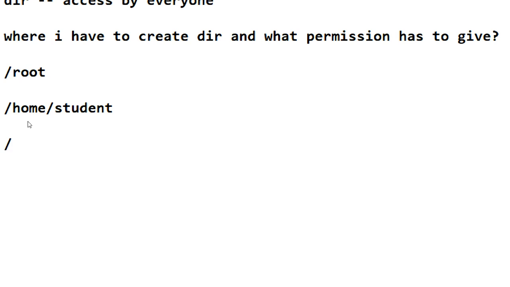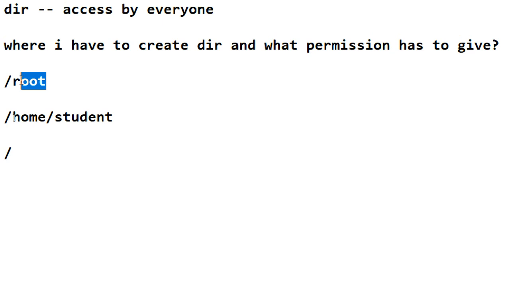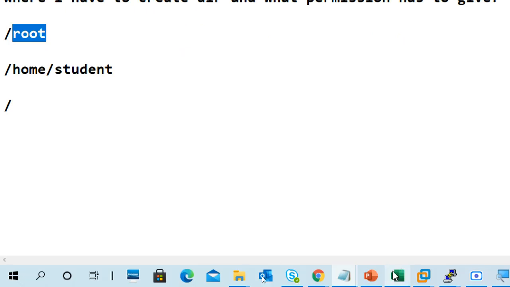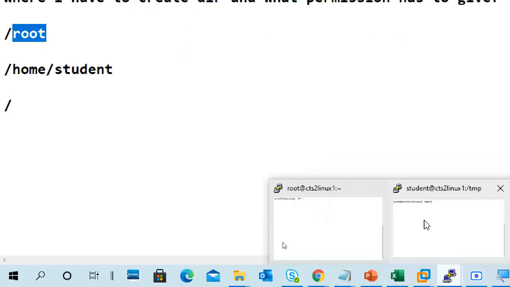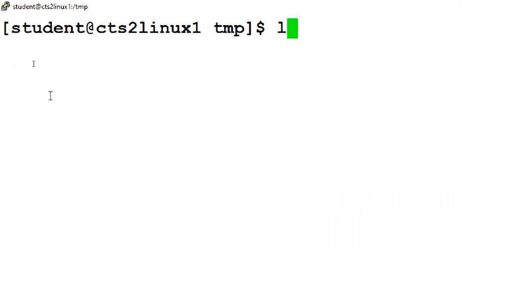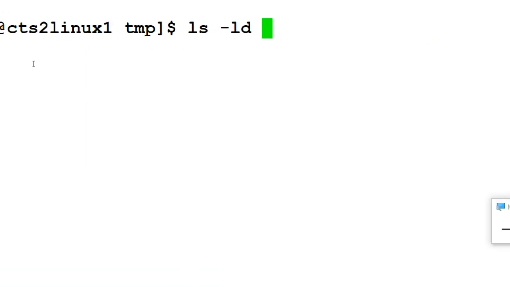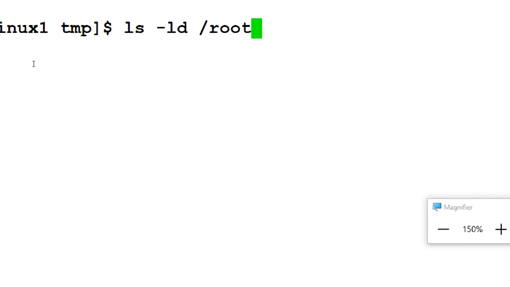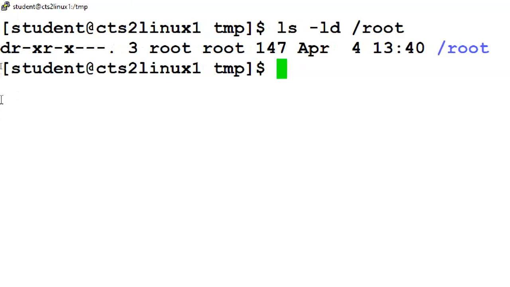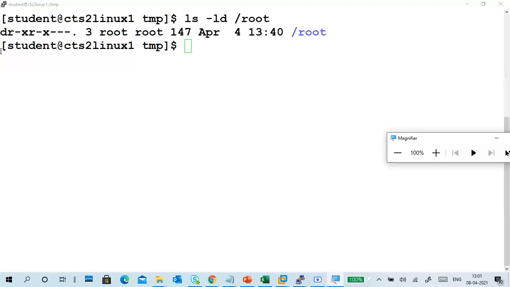The ideal location is slash only, because the root directory has restrictions on permissions. For example, ls -ld /root. It contains permissions like read, write, execute.